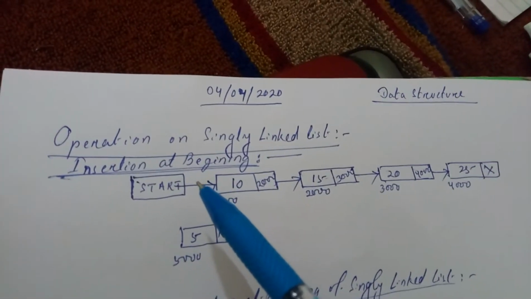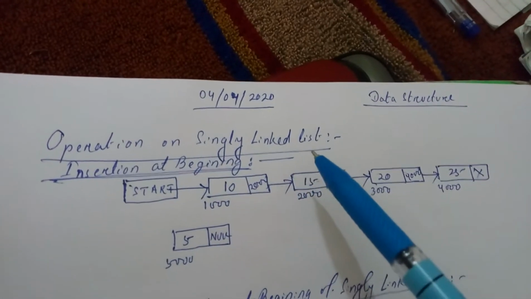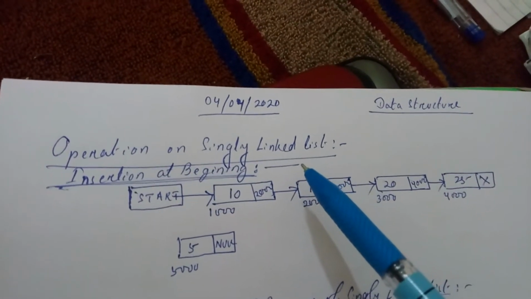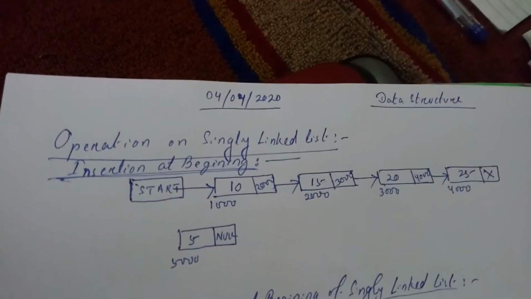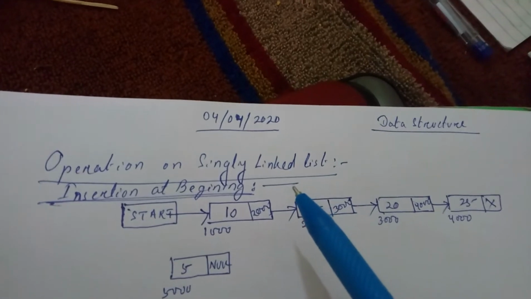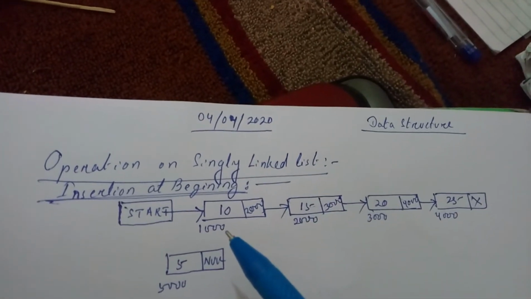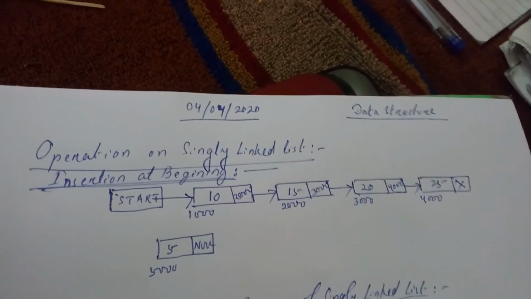I welcome you everybody to the class of data structure where we'll see different operations on single linked list. In the previous class, we have seen what is a linked list and how to create a single linked list. Perhaps in the previous class, I made some mistake: when you create the node of a single linked list, you have to give the value to each member of the node by using the dot operator.